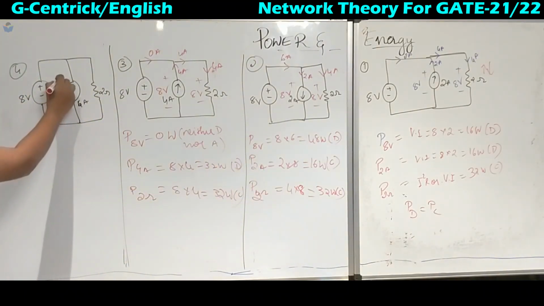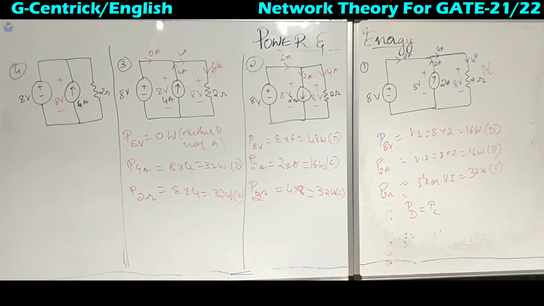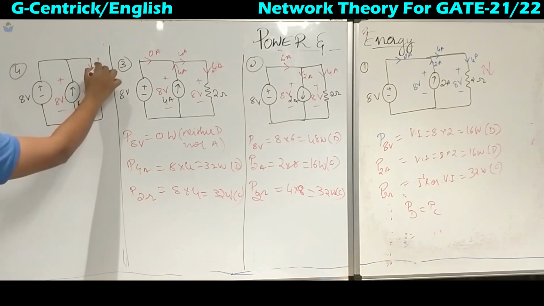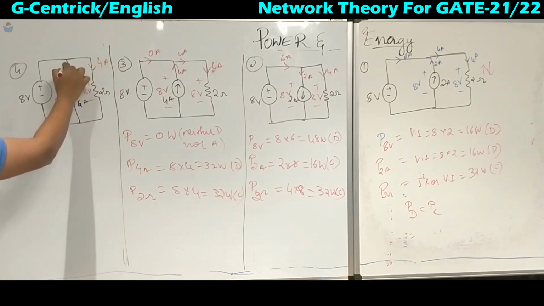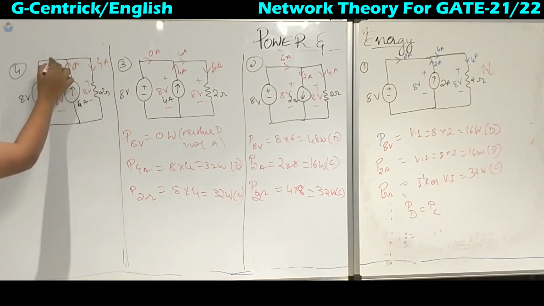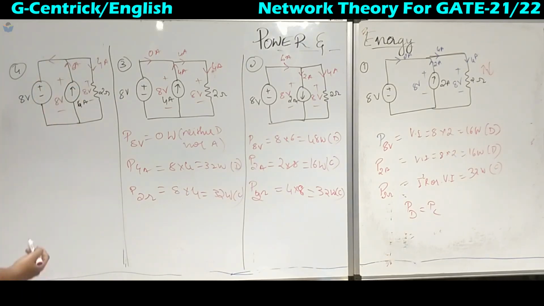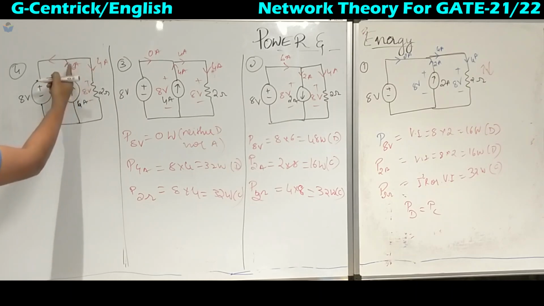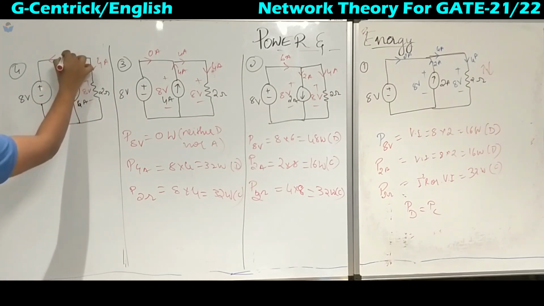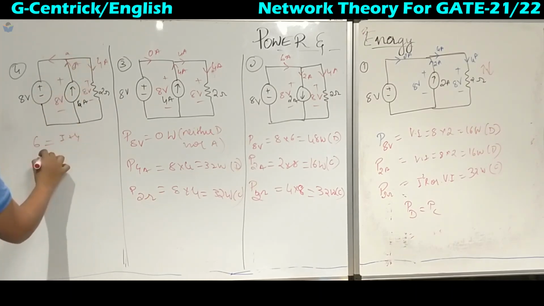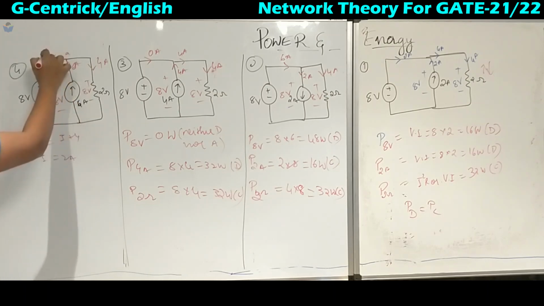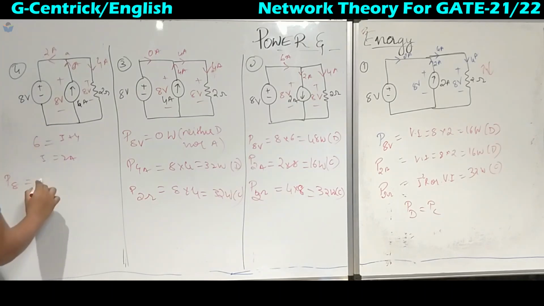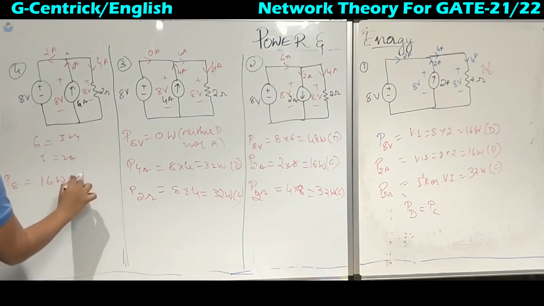Next coming to this one, we have got 8 volts, plus minus here, 8 volts. So this is 4 amperes, this is 6 amperes. If the direction of the current is in this way, we have 6 entering and 6 here. Applying KCL, I plus 4 equals 6, so I equals 2 ampere. Now power across the 8 volt is nothing but 8 into 2, 16 watts absorbed.